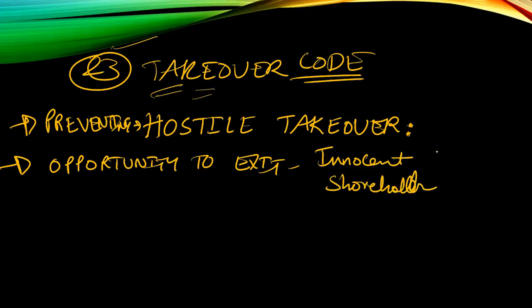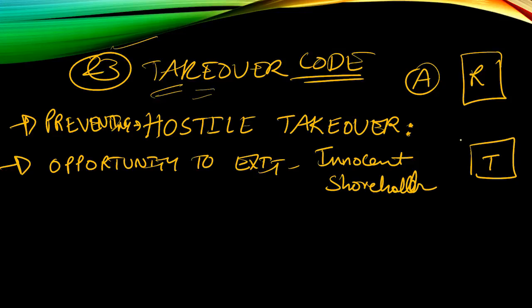So I'll give you an example for this. Suppose there is a company, Reliance. Then there is one more company here, Tata, just for example. Reliance we call the acquirer company, and Tata we call the target company. So the acquirer company wants to come and acquire the target company. I am an innocent shareholder here, and I don't want to become part of Reliance. So I have been given an opportunity to exit. That is why this law is there, and the acquirer company will have to give me a chance to exit because the law says so.